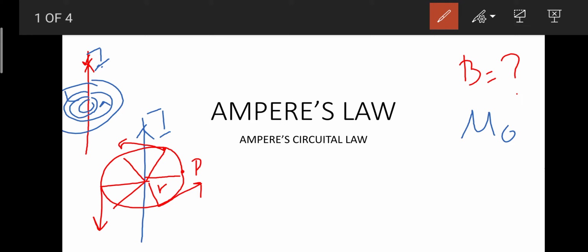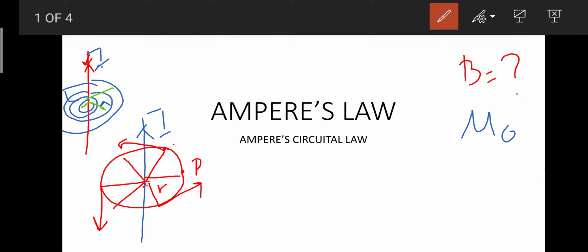So we observe that for every point there is r, and r is equal from every side, as I told you earlier. When r is equal from every side, that means the magnitude of B is constant. B changes if r changes, right? So in this diagram, if r has this value here and this value there,